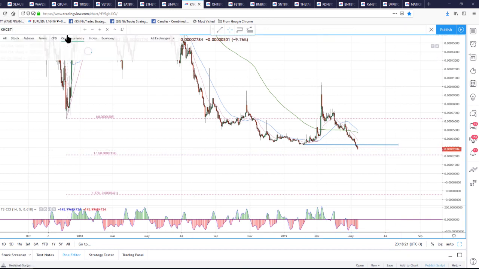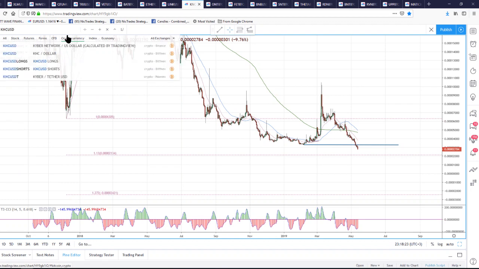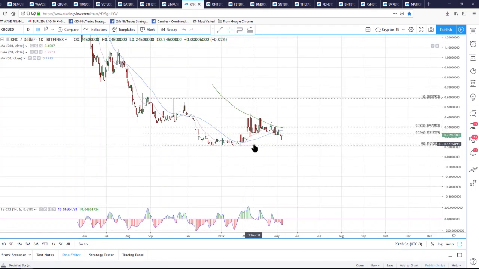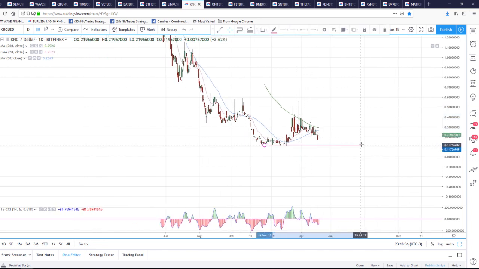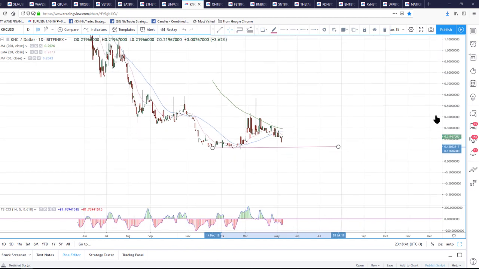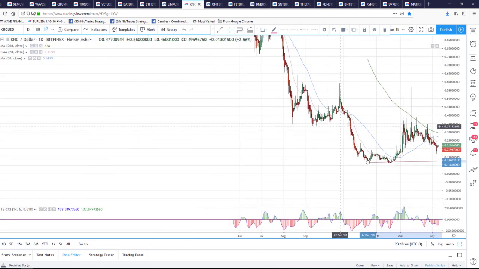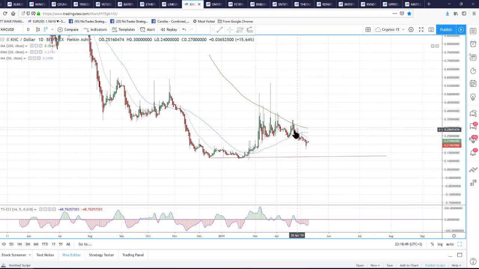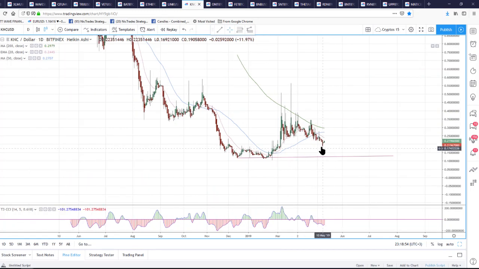Let's see if KNC charted against US dollar gives us any more hope. Yeah, we should look for a retest of the lows. In this one, it's coming all the way back. That's fine. So we have to wait and see. This failure in Kyber Network against the US dollar, and I'm going to put Heikin Ashi on because it's so spiky. This failure at the 200-day moving average, every time we've tried to get it back above it, and this bearish cross again of our daily moving averages, even though we look like we're trying to rally here,